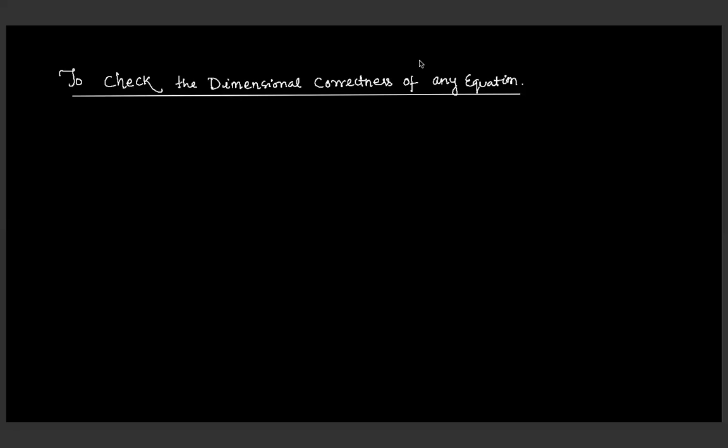Let us start with the first example of our question. The equation gives that f is the frequency, 1 by 2L square root of F by m, where f is the frequency. As you know from your junior classes, when studying waves, you probably studied that the number of oscillations taking place in 1 unit second is called frequency, which is nothing but 1 by time period.